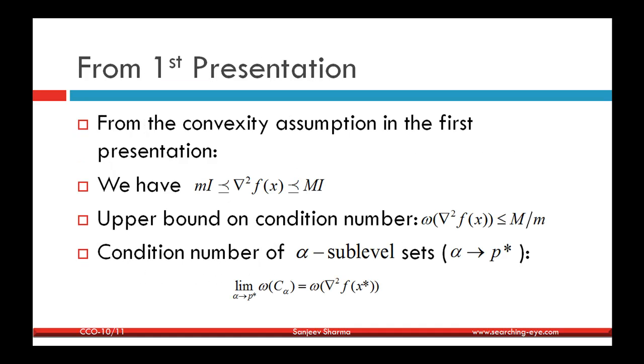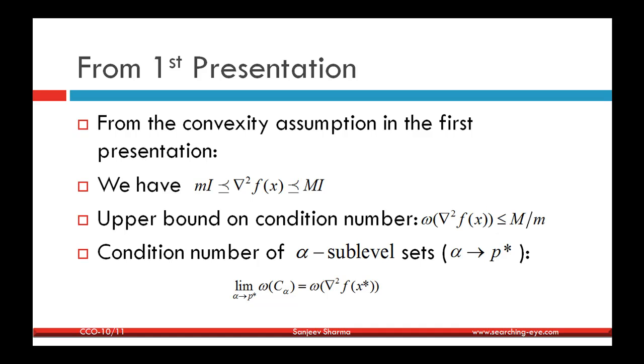So in the first presentation we have discussed that there's an upper bound and there's a lower bound on the Hessian of the function, and this comes from the strong convexity assumption over the function f(x). So we have assumed that our function f(x) is strongly convex, and we have obtained the bound, which says that the Hessian of the function, del square f(x), is greater than or equal to mI and is less than or equal to capital M times I, where I is an identity matrix of appropriate size. And we have derived that the upper bound on the condition number of the Hessian of the function is given by M over m,